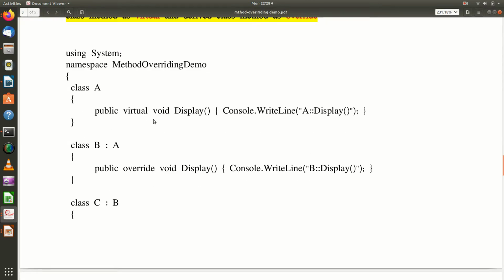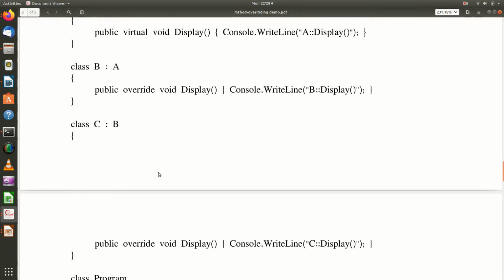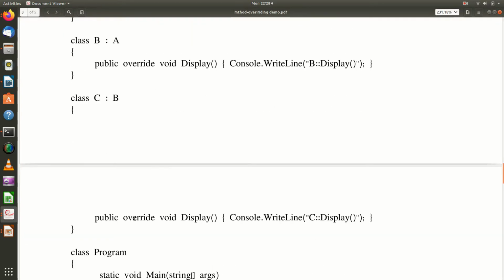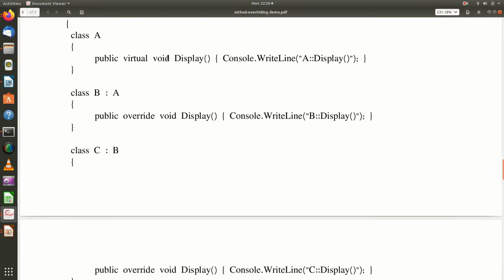In the base class, declare it as virtual, use the virtual keyword, and in the derived class, declare this as override. Then again in another derived class, again you can override it. So this display method is unique to C, which will be hiding both these methods, and this method will be unique to B, and this will be hiding this particular display method.